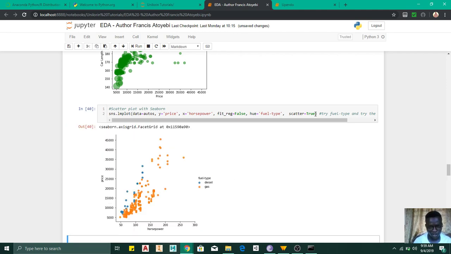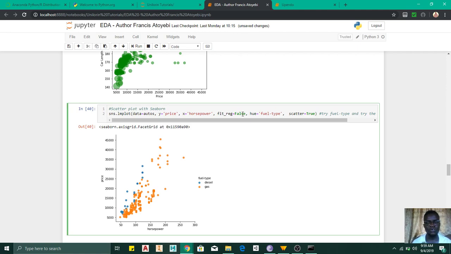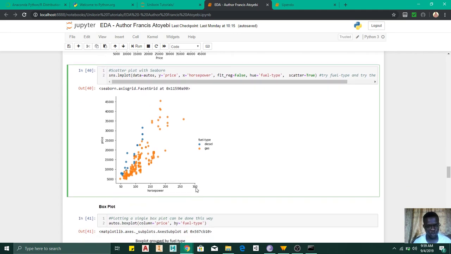Whoa. I remember the line went away because I removed the fit regression. Fit regression stands for the regression line. And since you want a scatter plot, you don't want the regression line per se. But now I'm probably going to make it true because I want to show something else. But you can actually see what I want to show you here, which is that